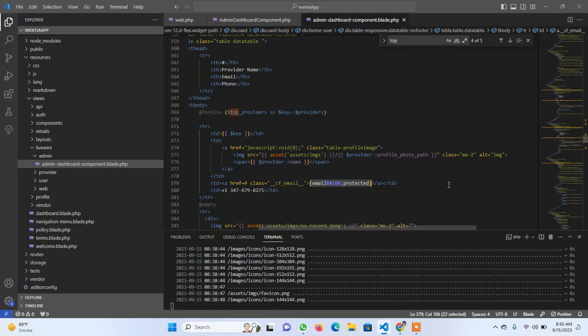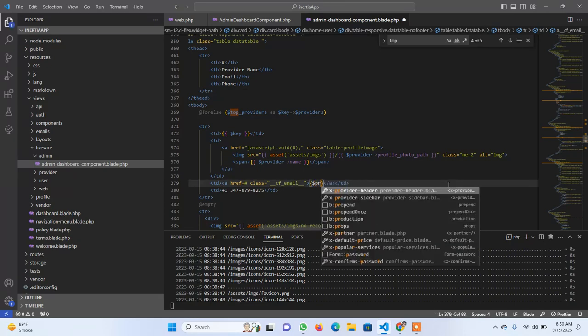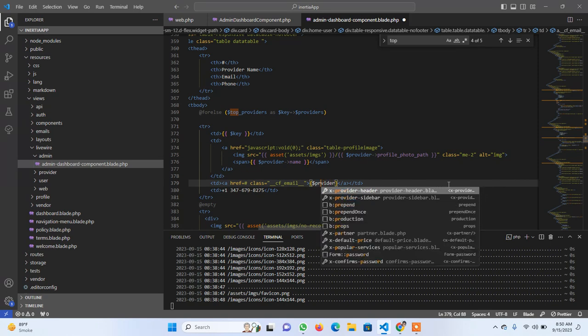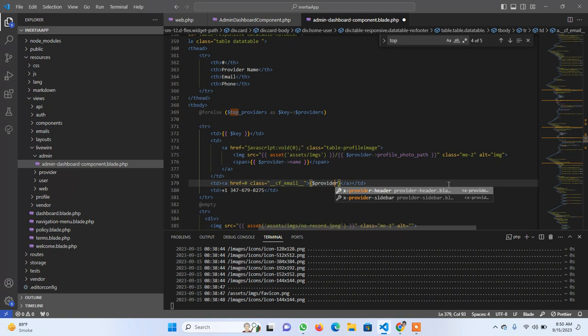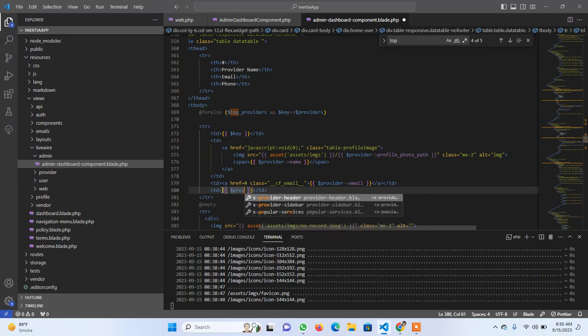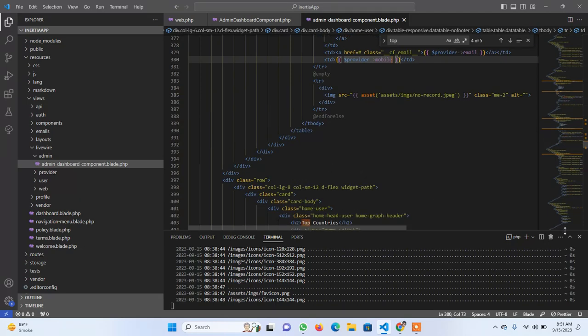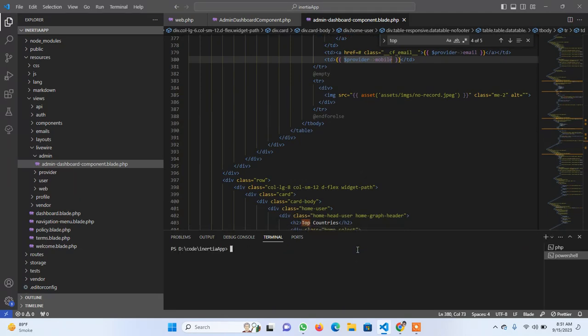We are directly going to show dollar provider email. Here we are showing the provider mobile number. So that's it, done. So refresh the page, or before refreshing we can also use the tool that